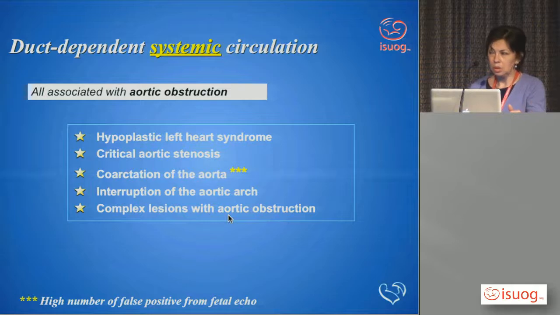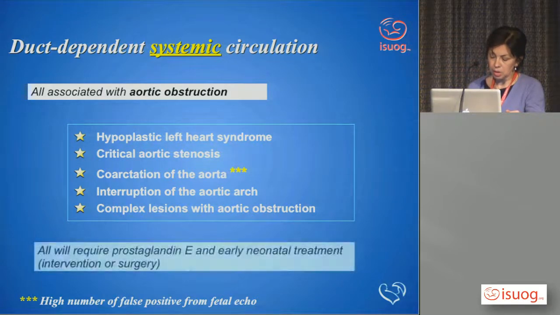So it could be tricuspid atresia, double inlet left ventricle, any complex heart plus significant aortic obstruction will be a duct-dependent systemic circulation. They will all be managed more or less in a similar way, being aware of the high false positive rates for coarctation, which is to start the baby on prostaglandin and early neonatal surgery or intervention, depending on the diagnosis. But of course, here we want to talk about hypoplastic left heart syndrome, and that's the aim of this talk. But I am going just to touch a little bit on critical aortic stenosis, because